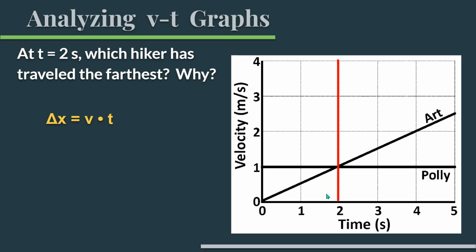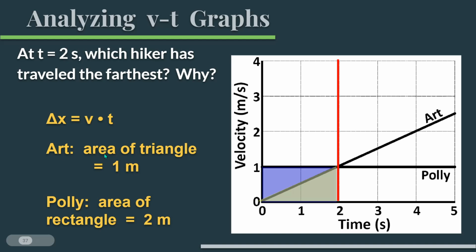But when I find the area, for example, of the triangle that Art forms, it is his average velocity, which is 0.5 because he goes from 0 to 1. So halfway up, 0.5 times his time. Okay, which happens to correspond to the equation for the area of a triangle, 1/2 base times height. Okay, and so I would find his, and then I could find Polly's. This entire rectangle here is length times width, velocity times time. Again, that is displacement. And so looking at those areas, Art has traveled 1 meter, Polly has traveled 2 meters,